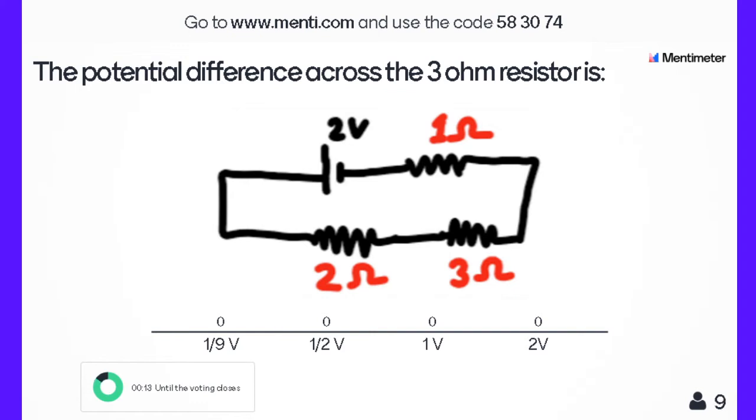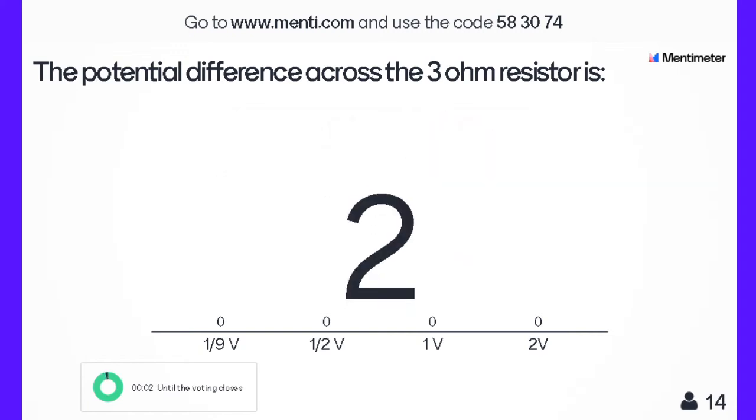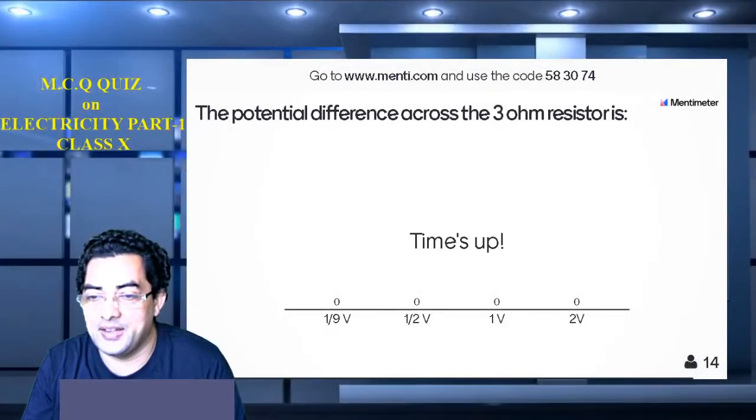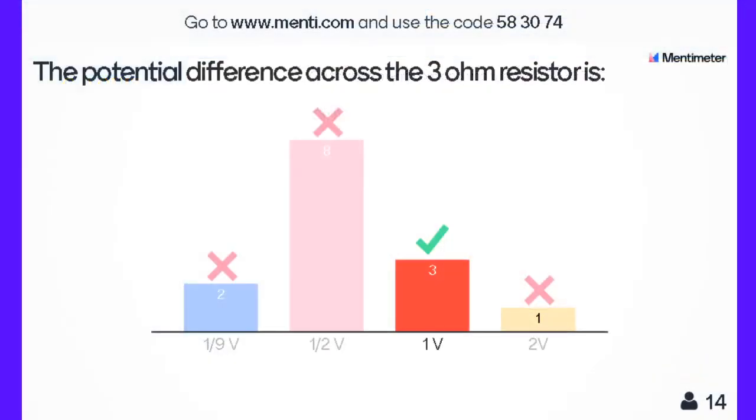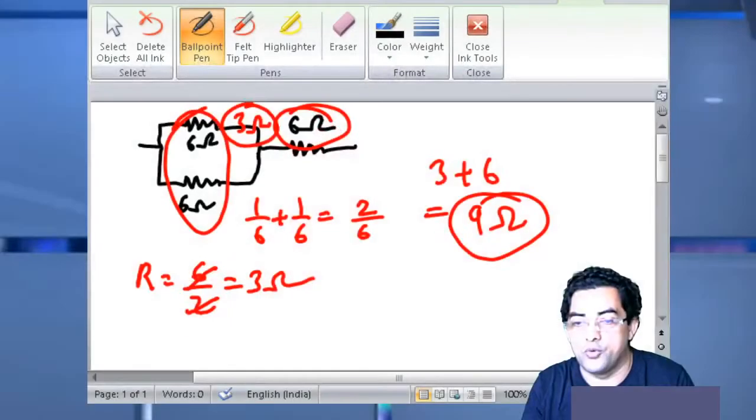Okay, last few seconds. I know some of you are playing really safe, not attempting it. Okay, so 3, 2, 1, and the scores are like this. We have got 3 persons right, which is 1 volt, and so many of them gone wrong. Okay guys, so quickly move on to the whiteboard to see the